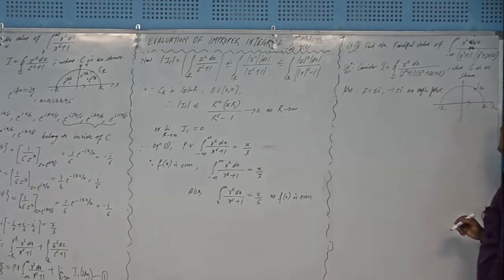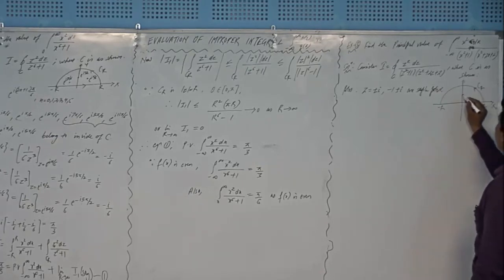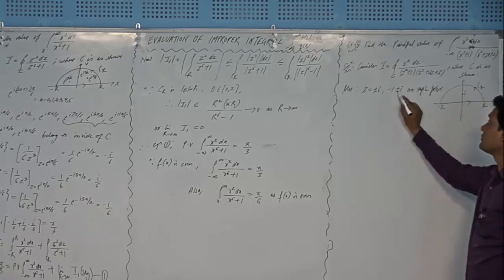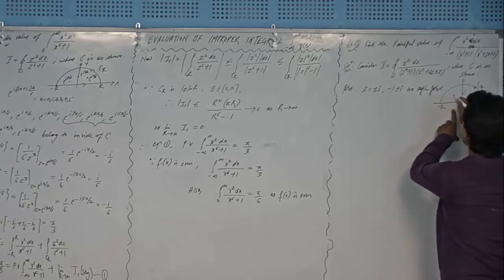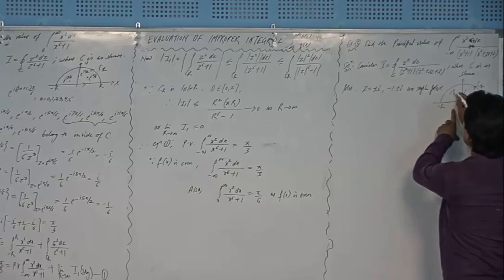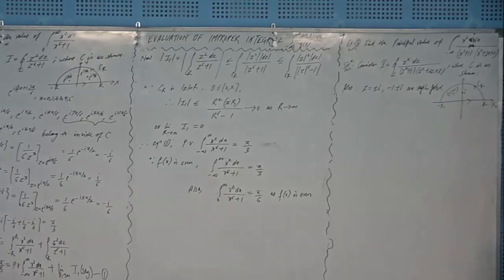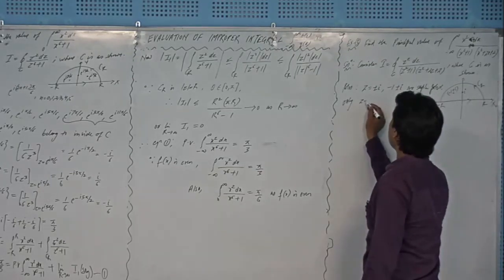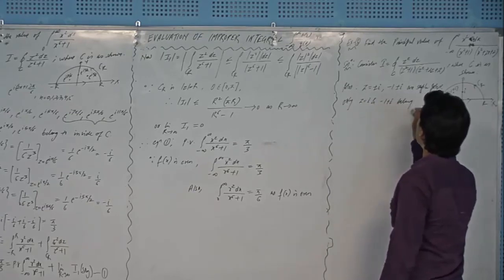right? And only 2 of them will qualify. The first is iota, and the other is minus 1 plus iota, which will be in the upper half plane also, right? The height is iota here, for minus 1 plus iota. So only 2 poles will qualify, right? Okay, only z equal to iota and minus 1 plus iota belong to